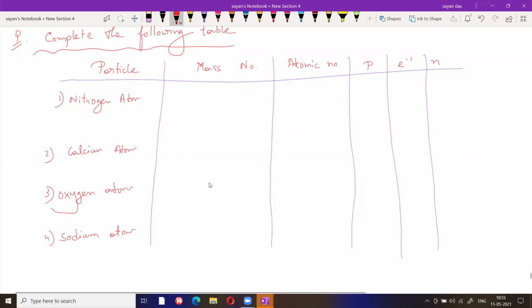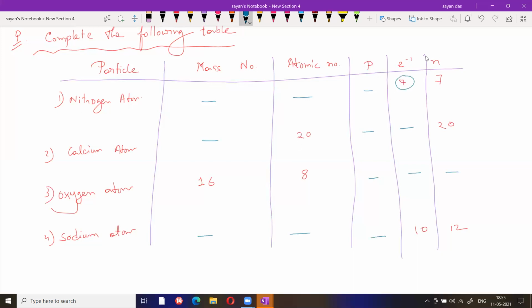For oxygen, the mass number is given, 16, 8. In this case, 20 is given and the neutron number is given 20. Here, this one is given 7, 7. Here, this is given 12 and this one is given 12, 10. Now just fill up the blanks. What is the value of this one? Just fill up the blanks. Solve it quickly. First one I am doing.